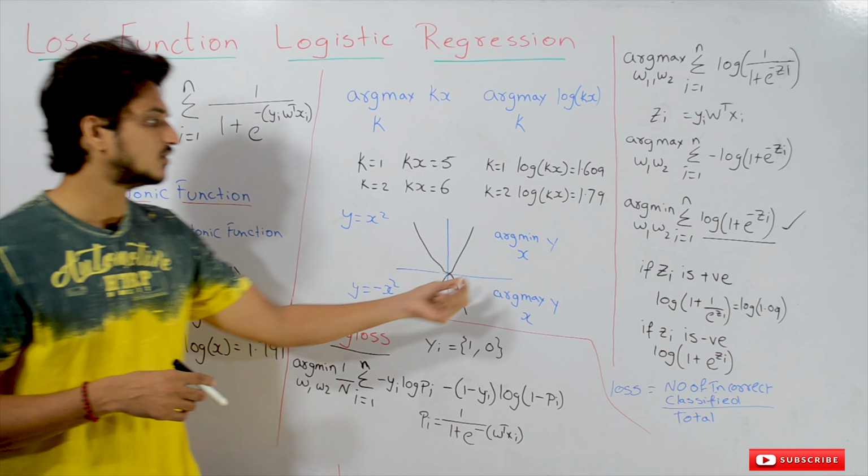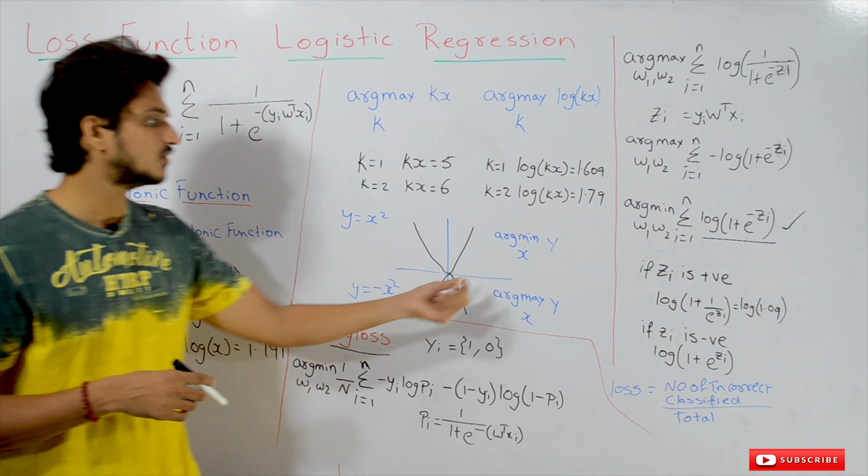So we can replace these functions. That's the concept we have to understand. Y is equal to x square, solving this, or y is equal to minus x square, solving this, we get the same one. We can switch these functions. This concept we use in our simplification. So hope you understand the basic concepts.